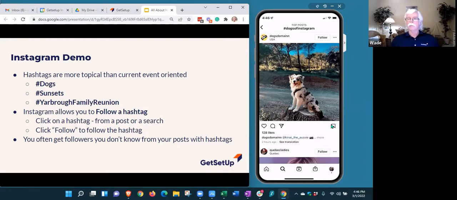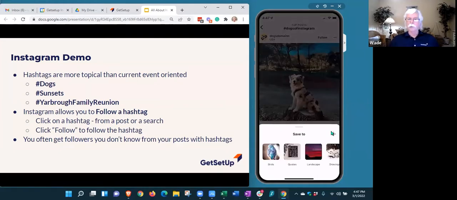Yeah. So one thing about Instagram, since it's all about pictures, it kind of has the concept of, I call them photo albums, they call them collections. But I'll save this one to show you how that works. I'm going to touch that, and I'm going to have to do it pretty quickly. Something's going to pop up here that says collection, add to collection, and I'm going to touch that.